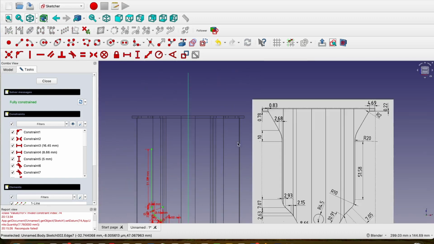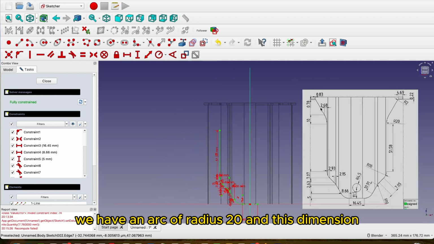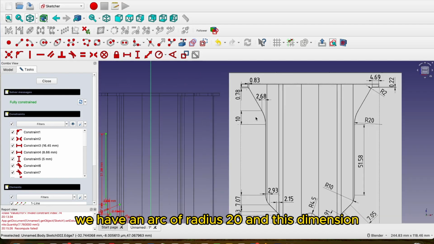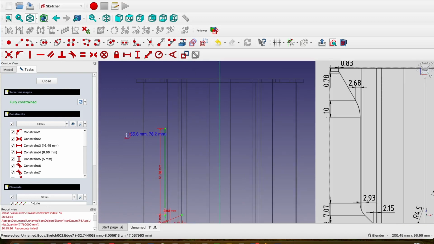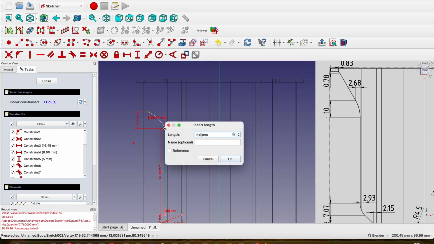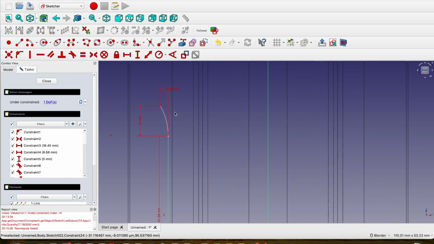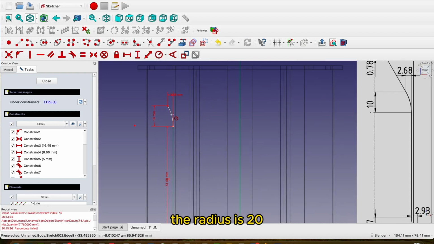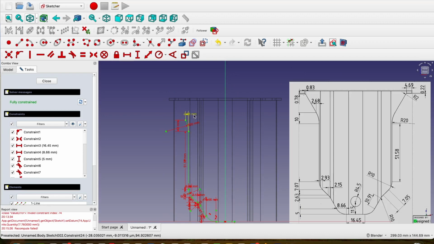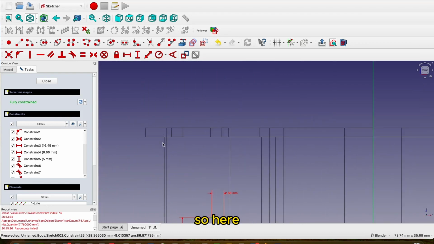We're almost done. We have an arc of radius 20 and this dimension. The radius is 20. So here,